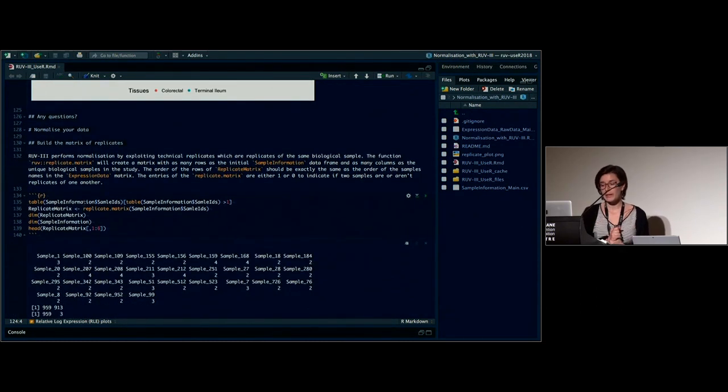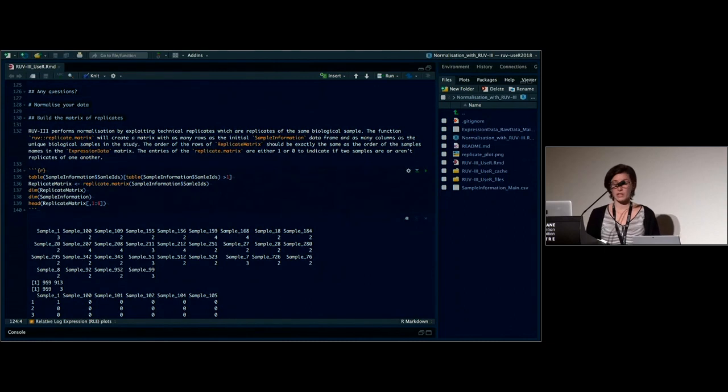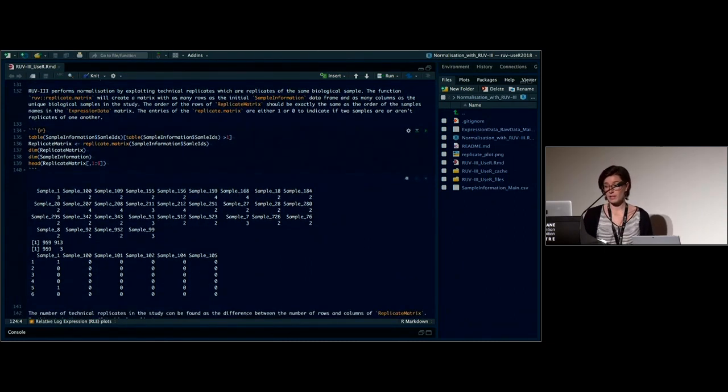So let's now build the matrix of replicates, and as Johan showed before in his talk, we can use the replicate matrix function from the RUV package, and the only information that you need to provide to this function is the vector that indicates the replicate structure of your data. So here, first of all, I created a table from